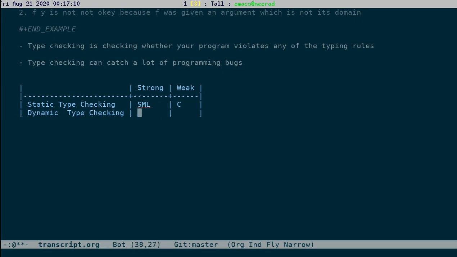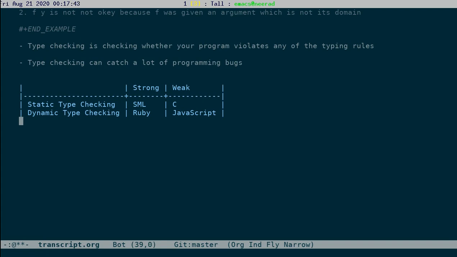On the other hand, if you look at a language like Ruby, for example, it is pretty serious about its types, but the checks are done at runtime, not at compile time. Whereas a language like JavaScript does not have static type checking, and whatever type checking it does is pretty weak. You can take a string and add it to a list and all kinds of things in JavaScript.